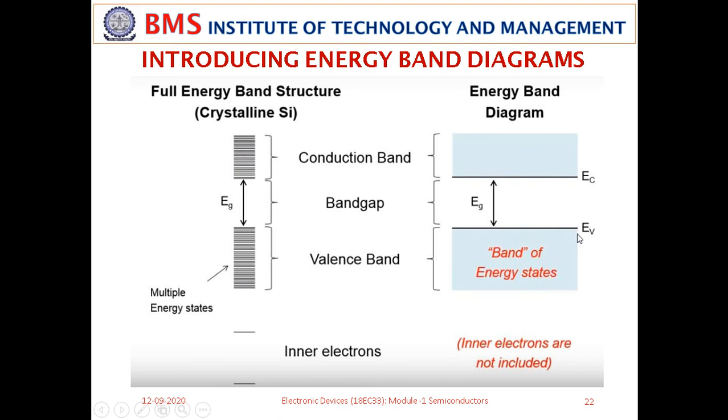That means some electrons here may get sufficient energy and leave the valence band, and move to the conduction band. By doing that, the electron creates an empty state in the valence band here. So if you don't provide energy, and this valence band is completely filled and this conduction band is totally empty, the semiconductor behaves like an insulator.